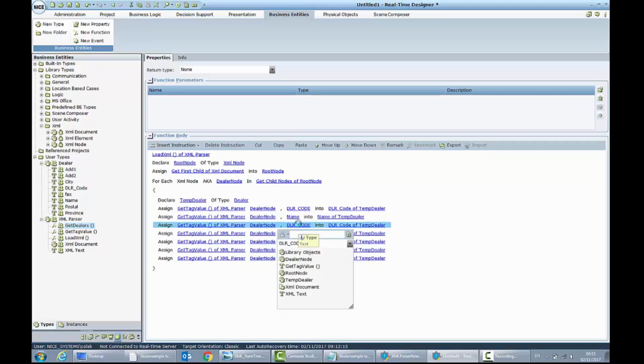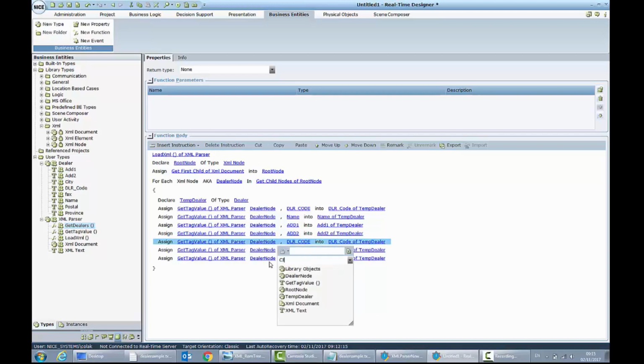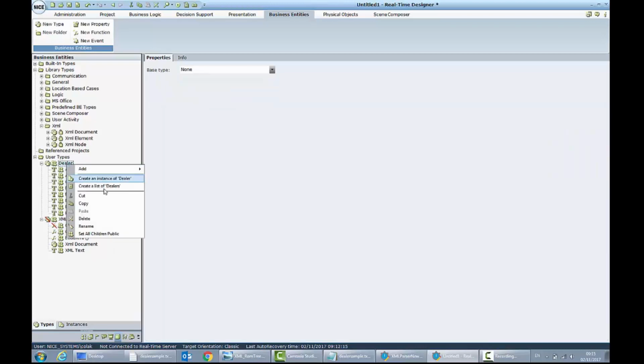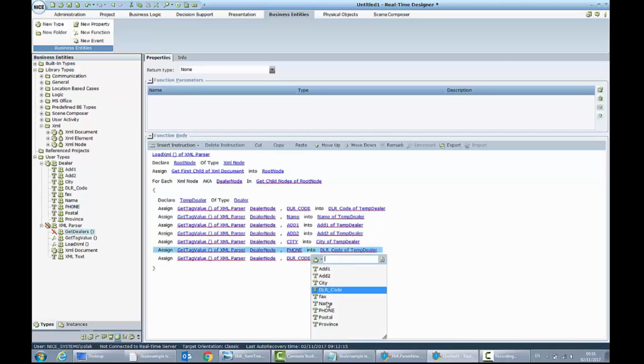and I will bring add one, and I will put it to the add one, and I will bring add two, and I will put it to the add two, and I will bring also the city, and let's put it to the city, and let's bring the phone, and I will put it to the phone. Oh, I have no phone, so I will go very quickly and add to my dealer another property of phone, back to my function,